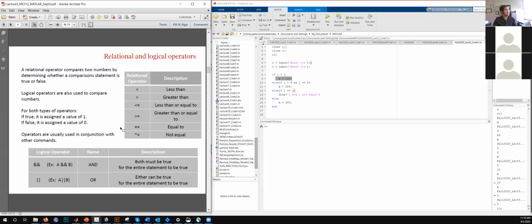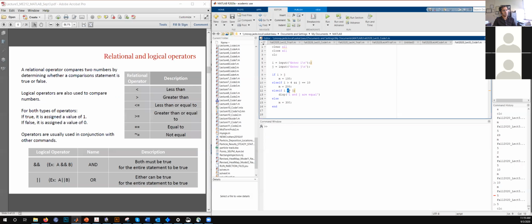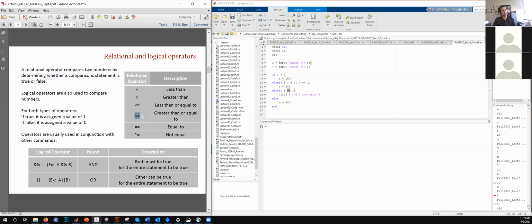Okay, so let's focus on the slide again for now. As I said, I'm going to come back to what these signs imply. For example, the first couple of things are self-evident. This is less than, this is greater than. If it is less or equal, then you use this sign. If it is greater or equal, you use this order. You don't write the equal first. You write the greater than symbol first, and then go to the equal.